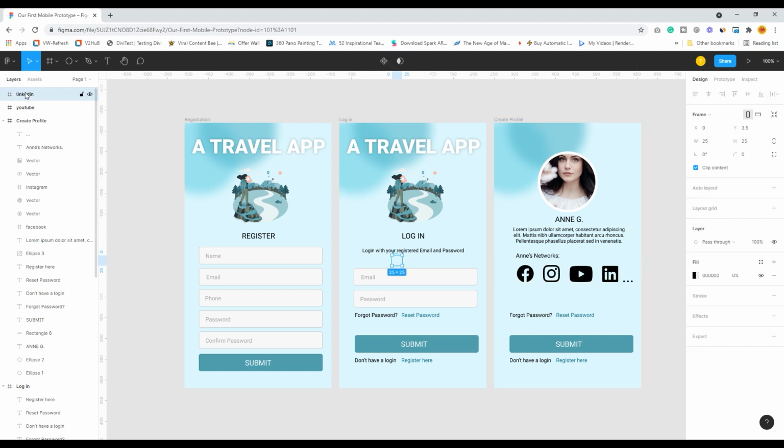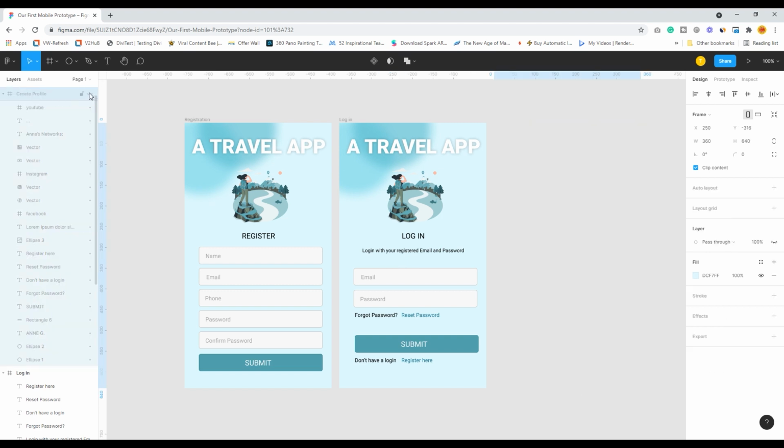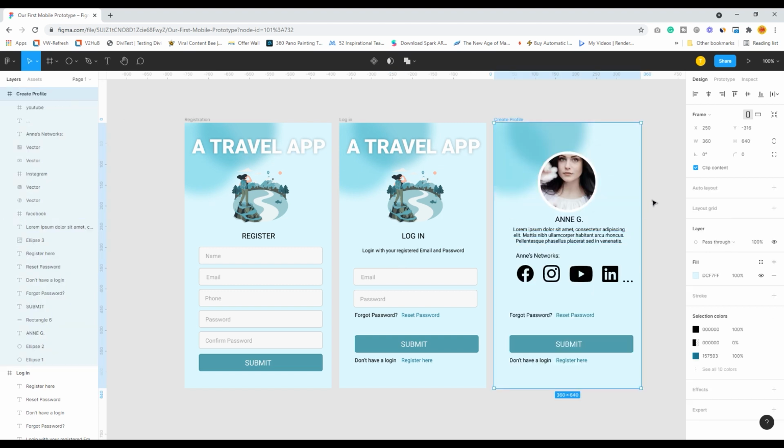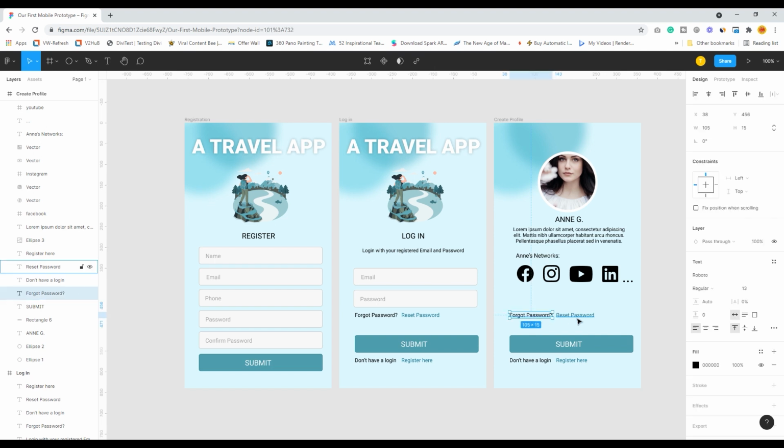Lovely. See, they're all in the same frames. We close this, all of them will close. Lovely. Okay. I will also require to write one text over here.